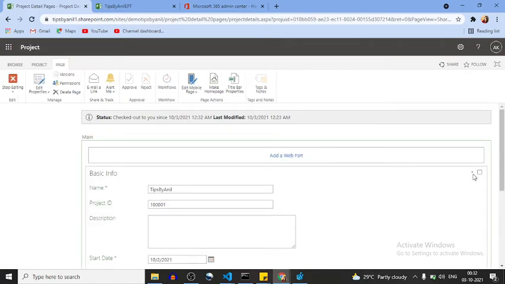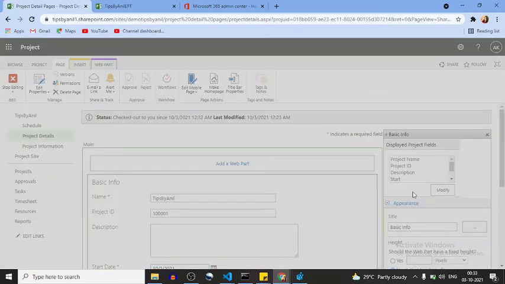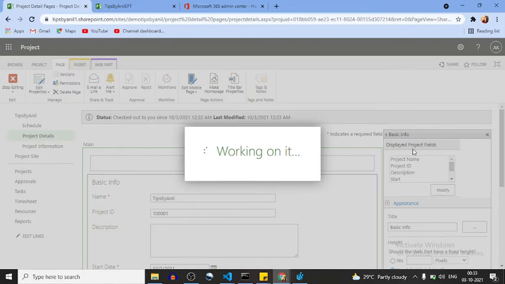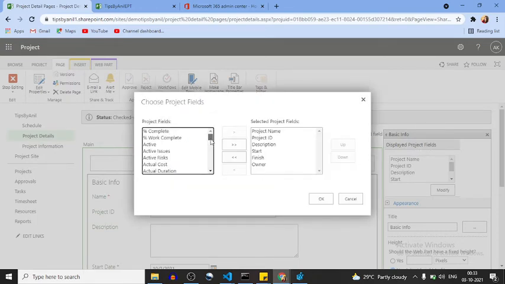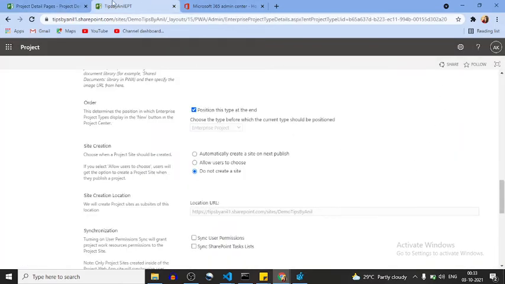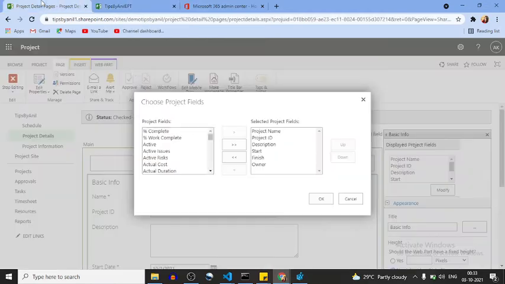In the edit page I will go here, click on edit web part. In the edit web part, here I can see the modify button, display project field. So here all are the default custom fields, and what custom field we have created for now, I think that country.